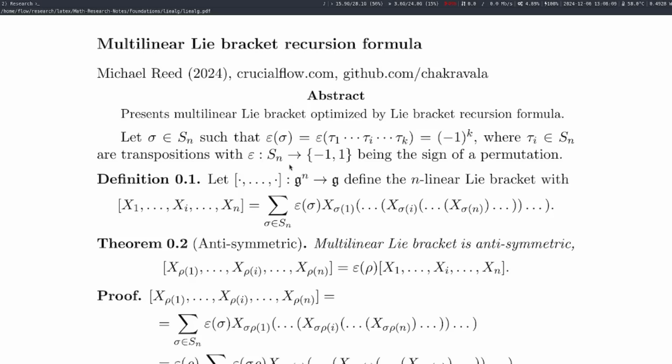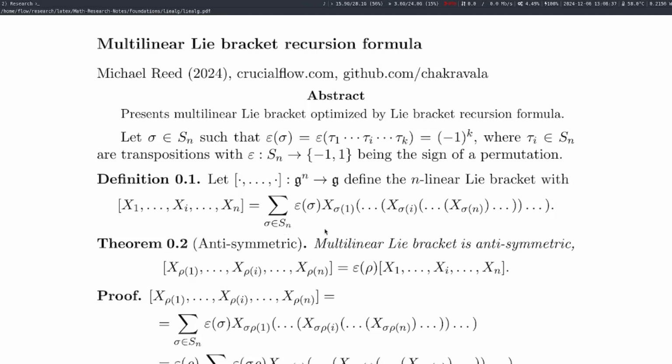If we have that as a starting point, then we can define the n-linear Lie bracket using the following definition, where we take n of these Lie algebra elements, and then we